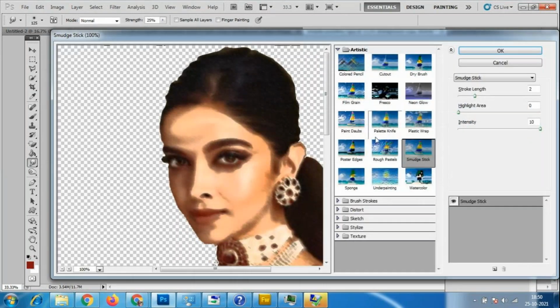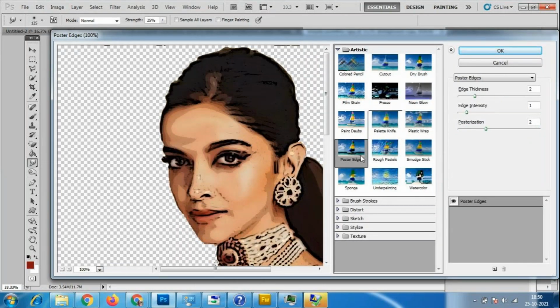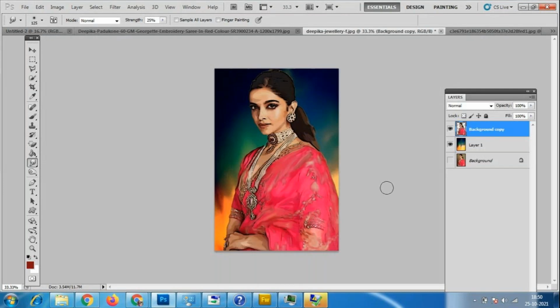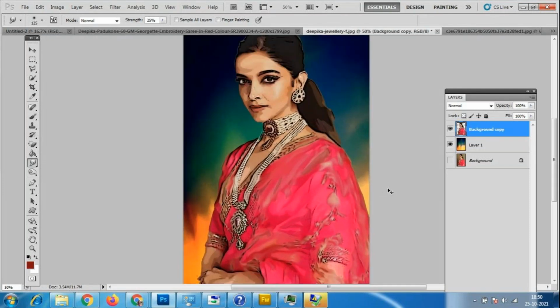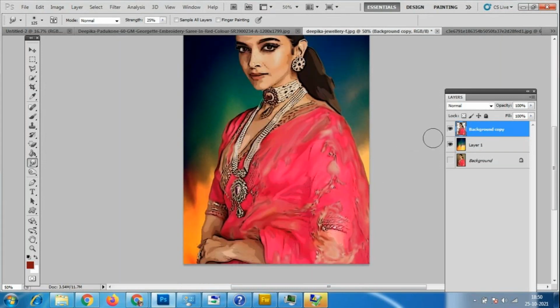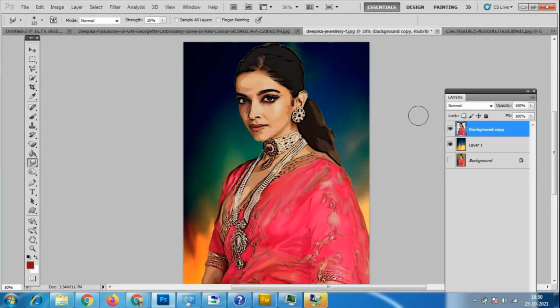So we can add these kinds of effects. This is the filter gallery with the smudge effect. If we want portrait painting kinds of effects, we can use it like this.